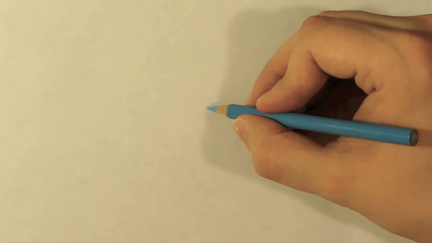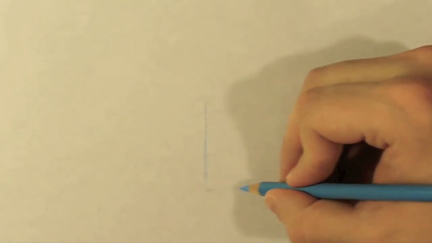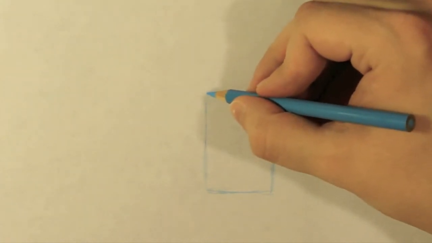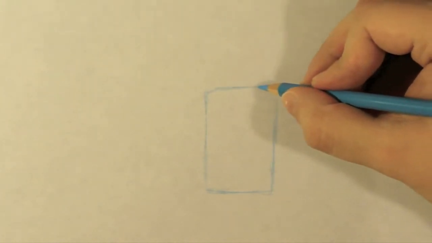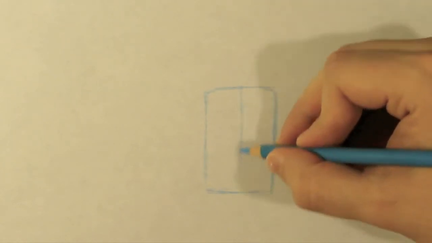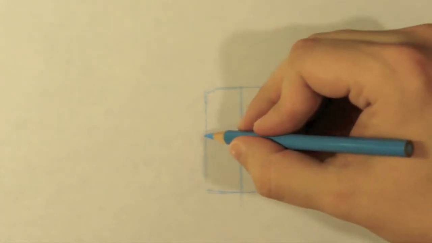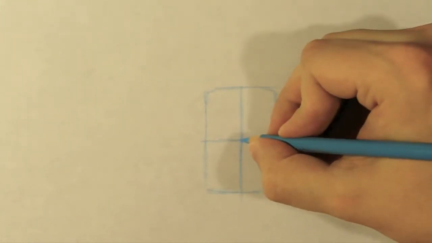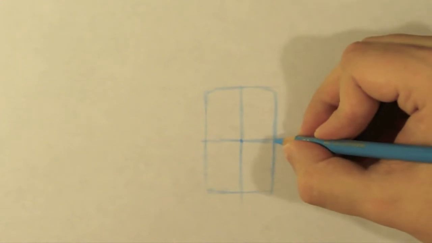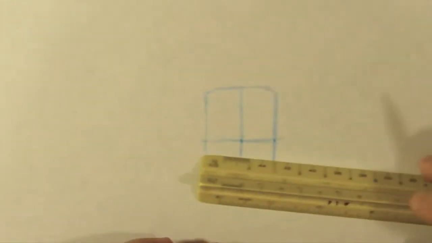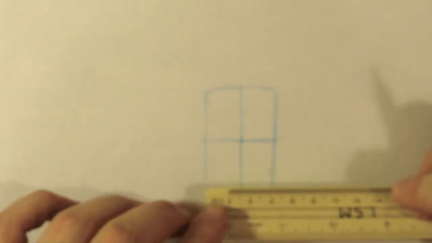Okay, now we're going to start the square-headed or rectangle-headed guy. So we'll start with the rectangle shape. Draw the line down the center, and then center that way. And so we're going to go the whole way, just like we did with the last guy. The whole distance, and that distance is